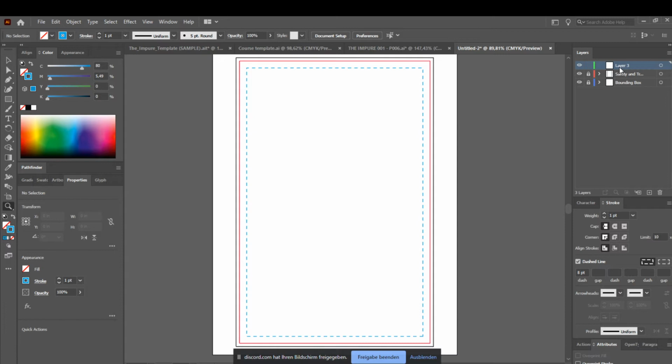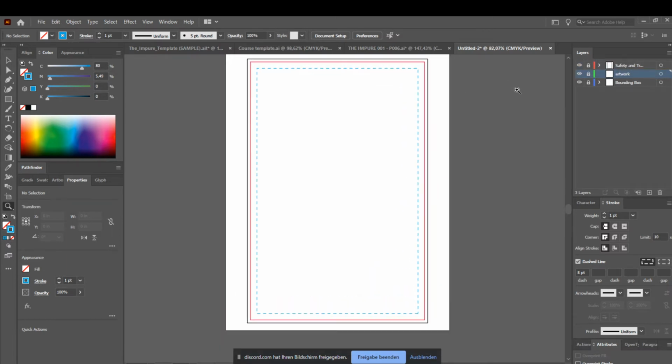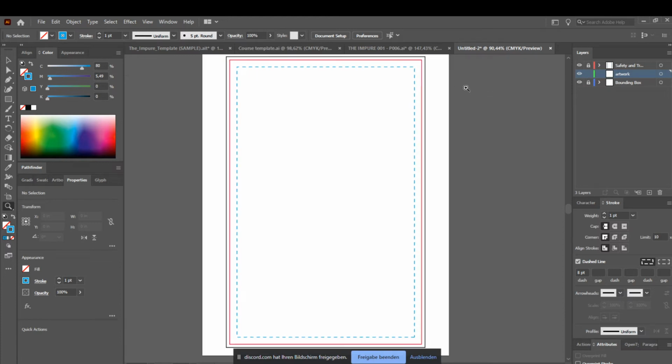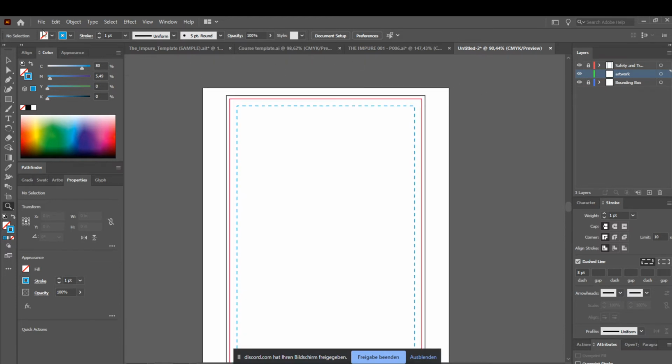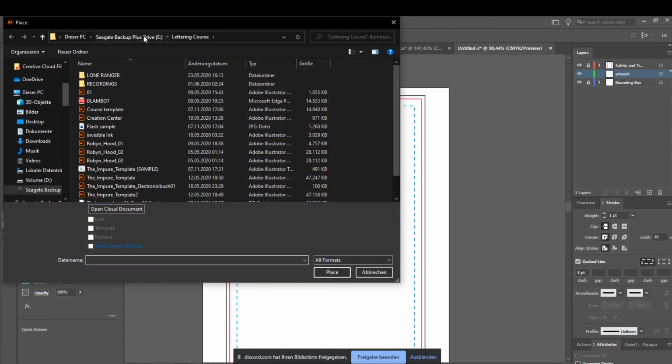The next layer we have is for the artwork. Most people place the artwork above the safety area, but I prefer it under the safety area. And this is the actual layer where you place the artwork. Like, for example, you go to place,